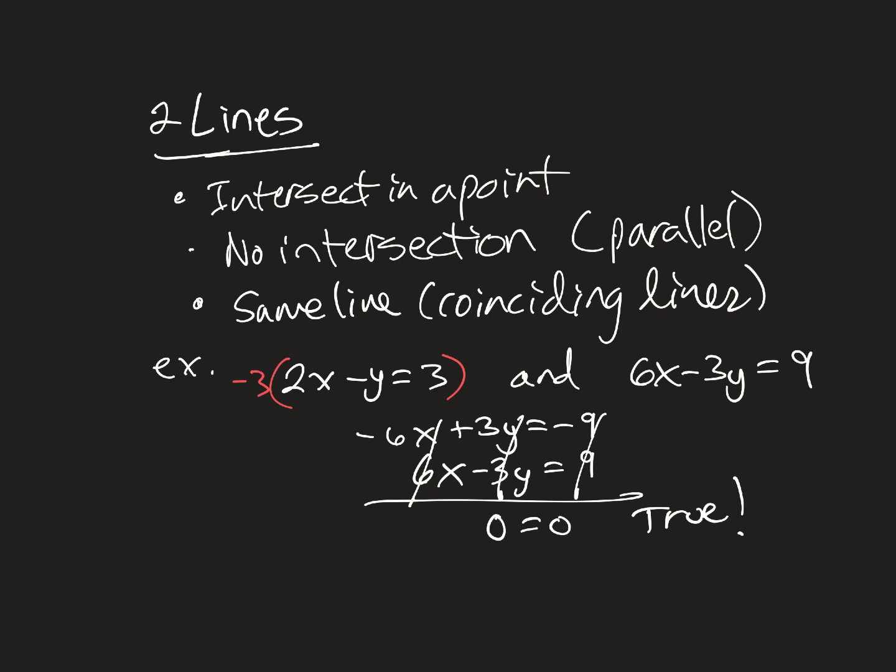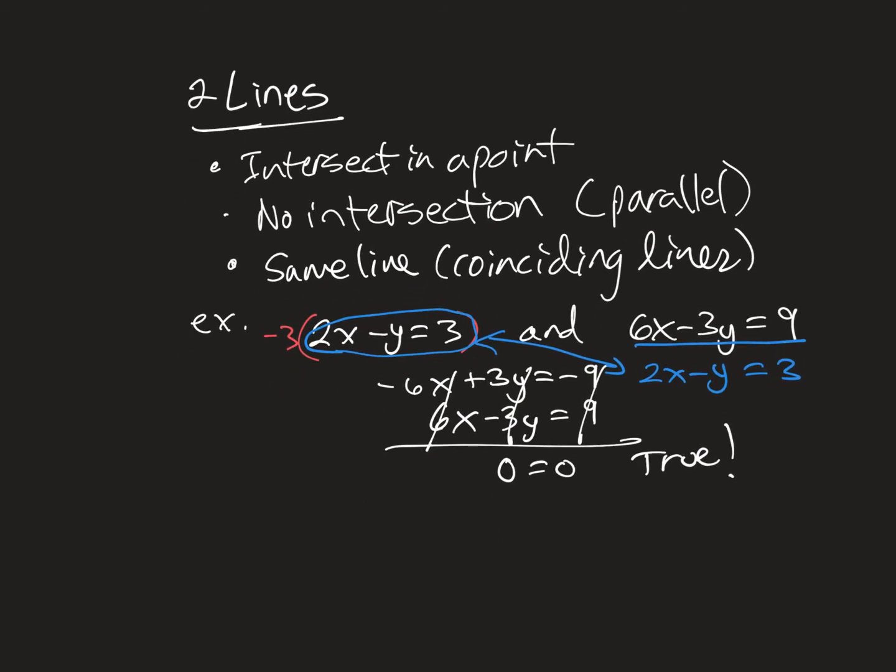How do I know, kind of looking back, how could I have known they're the same line? Well, this one here is in its most reduced form. But this line, I could divide everything by 3, and I would get 2x minus y equals 3, which is actually the same line as the first one. So going back to what I say in terms of my solution, I'm going to say same line or coinciding lines,